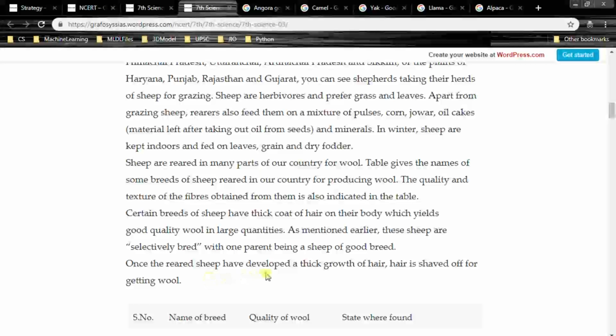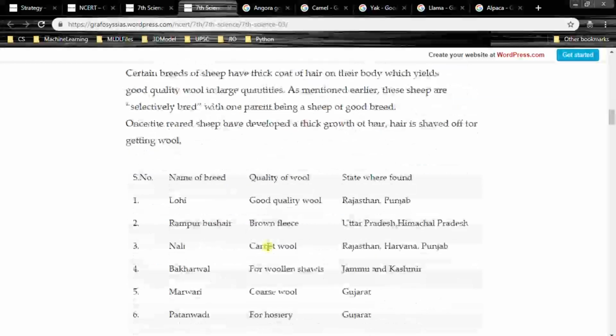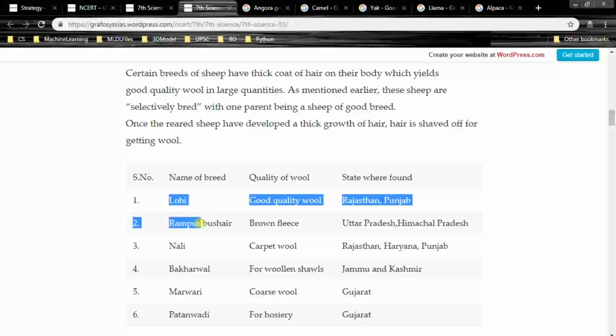Once the reared sheep have developed a thick growth of hair, the hair is shaved off for getting wool, right? So these are the different breeds. Try to remember as much as possible. The name of the breed: Lohi. The quality of wool: it will be good quality wool, and where it is found: Rajasthan, Punjab, in the